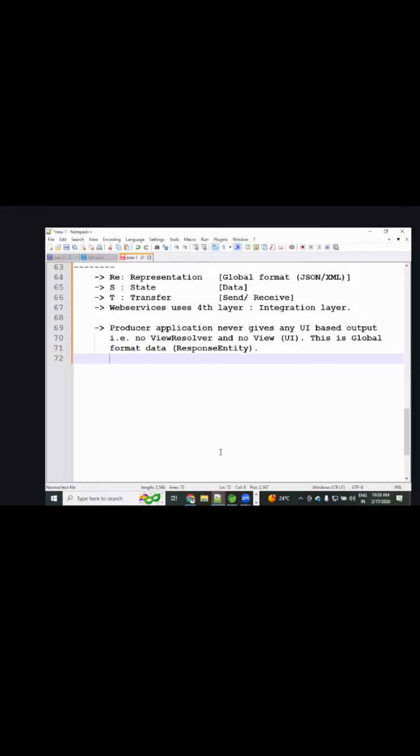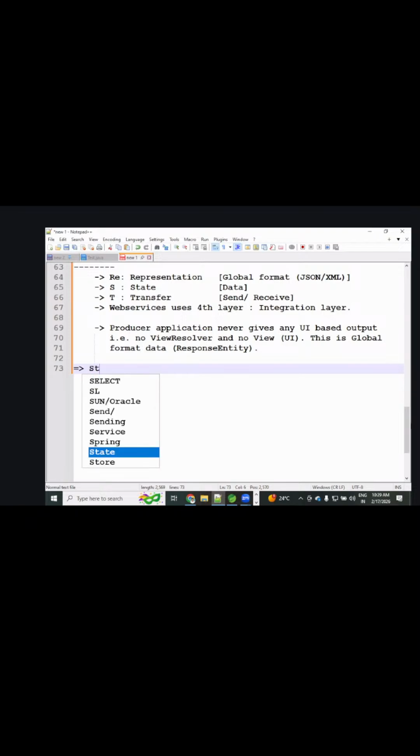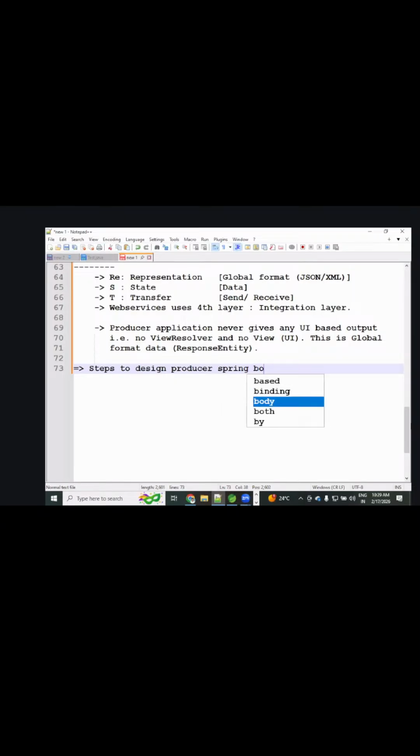Steps to design a producer Spring Boot REST application. Okay.